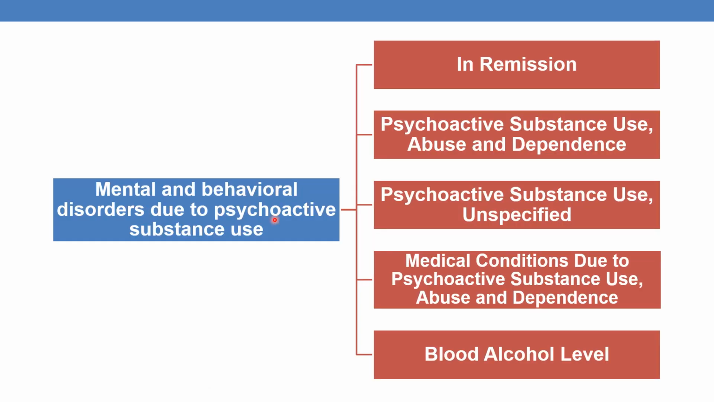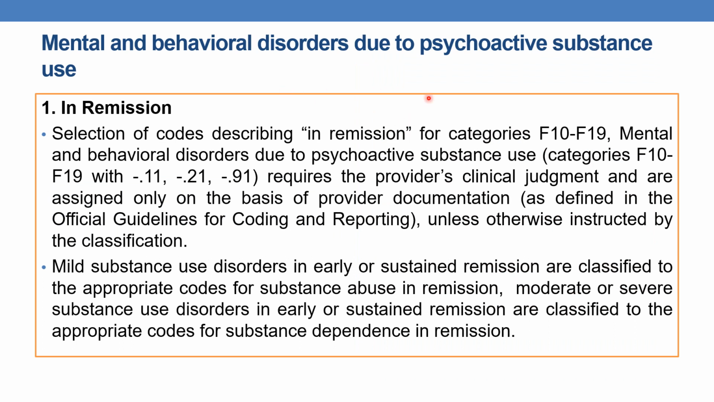Coming to the next guideline, mental and behavioral disorders due to psychoactive substance use. This is again subcategorized into in remission codes, psychoactive substance use, abuse and dependence, guidelines regarding psychoactive substance use unspecified, medical condition due to psychoactive substance use, abuse and dependence, and blood alcohol level. Now, mental and behavioral disorders due to psychoactive substance use. Coming to in remission codes. Selection of codes describing in remission from category F10 to F19, mental and behavioral disorders due to psychoactive substance use,